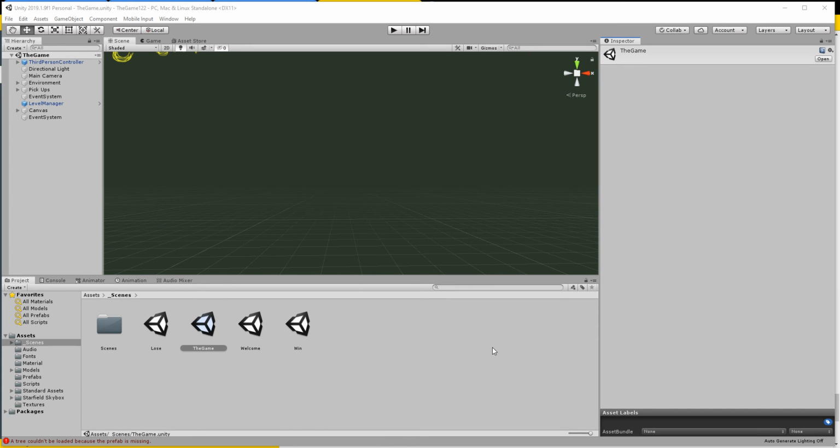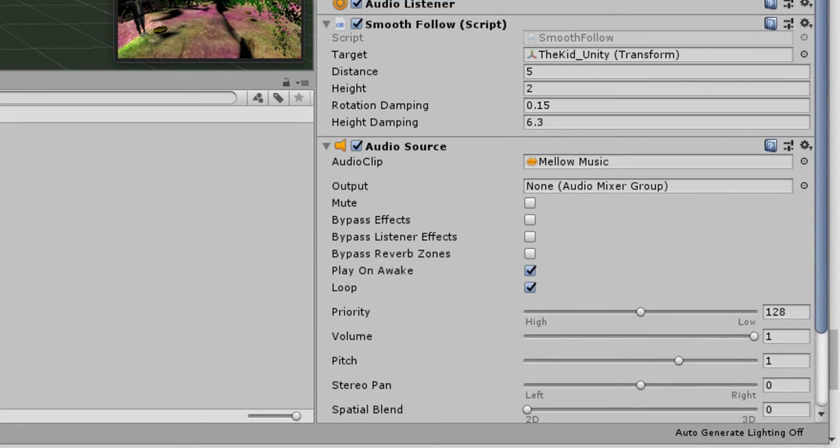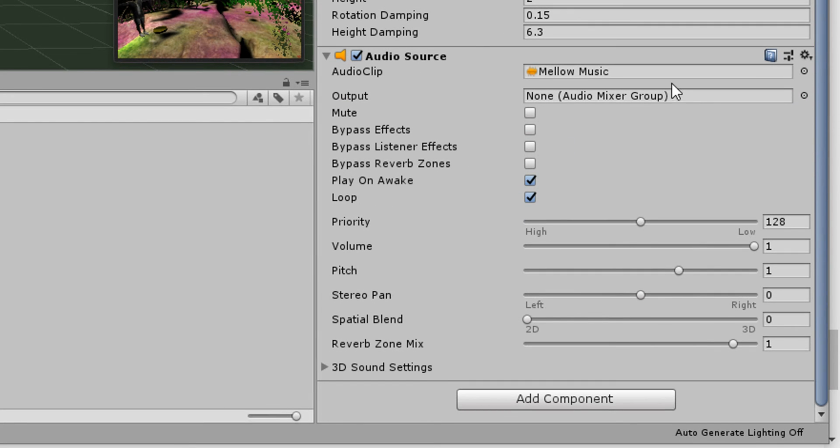So we're in our island scene still from our last step, and we've made sure on each step of the process that the game runs without any errors. So now we're going to take a look at this music manager. The first thing we have to do with the music manager or music player is remove the audio source